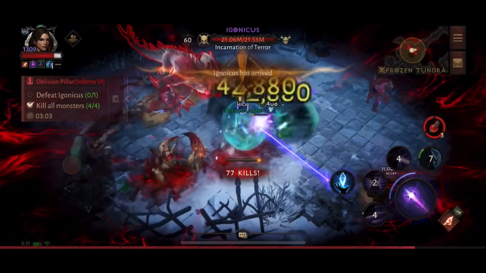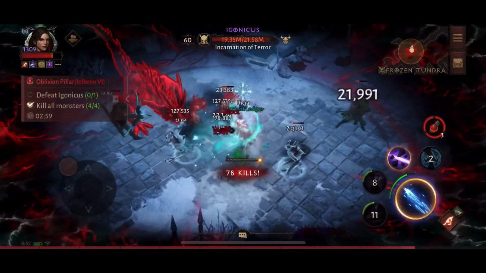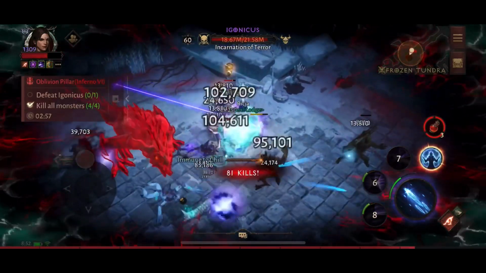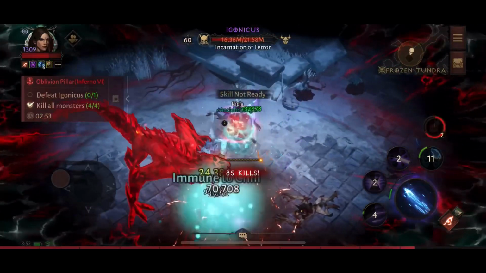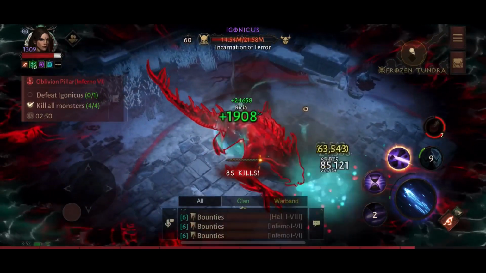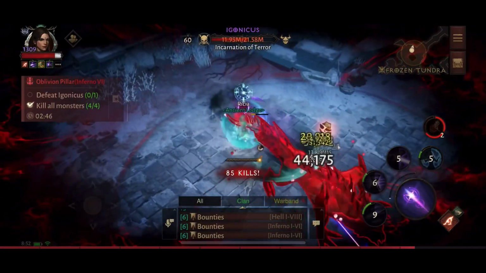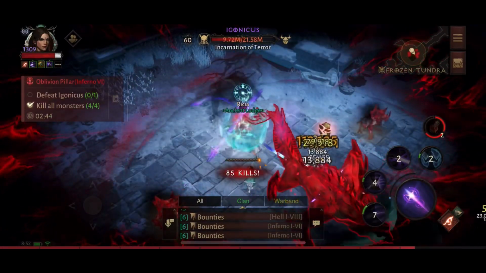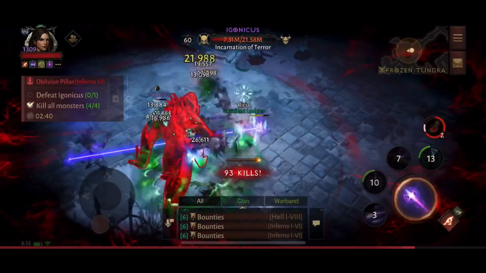So this gives me pretty much 100% uptime on Ice Armor, so that basically I'm not really taking any damage until that shield has gone down. The reason why I went in with this is because I did have the Butcher show up in an Oblivion Pillar that I tried out a couple of days ago, and he actually took me down really quickly, so